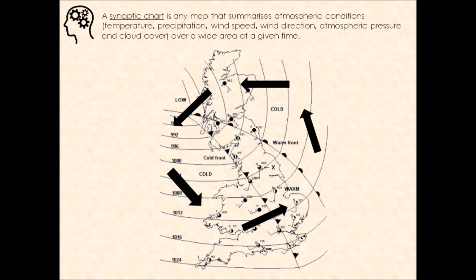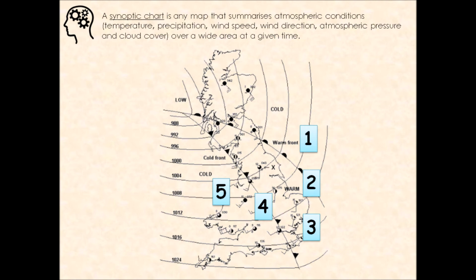Now, if we consider the diagram we've just drawn of the passage of a depression and what that actually looks like when we refer to it on a synoptic chart, where I've got my number 1 there, we can see that that is the stage where we are ahead of the warm front. And then stage 2 is when we're on the warm front, so on that line with your semicircles, which this particular synoptic chart you're looking at is in black and white, and that's why the semicircles are so important. But you can also have that line as a red line as well to indicate obviously that it's warm. Now, we've got stage 3 there as well when we're in our warm sector, so we're between our warm and cold front,